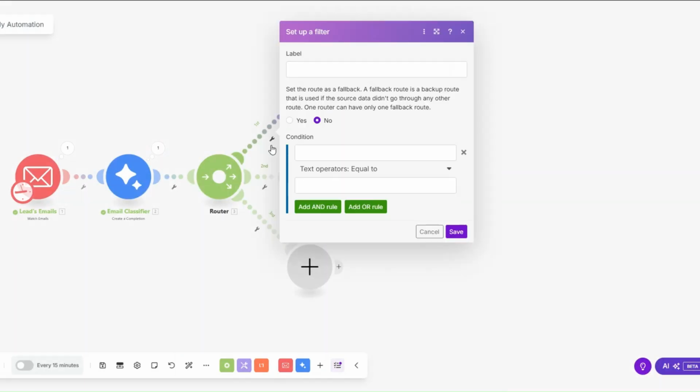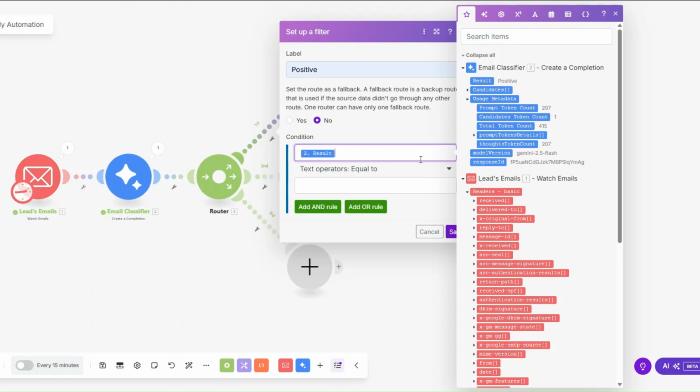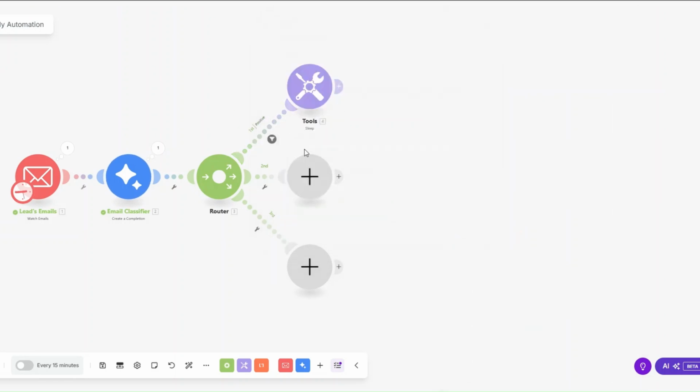This route will be for positive route. So here I'll label it to positive. And then the condition can say that the results are equal to positive. Now we can proceed setting up our